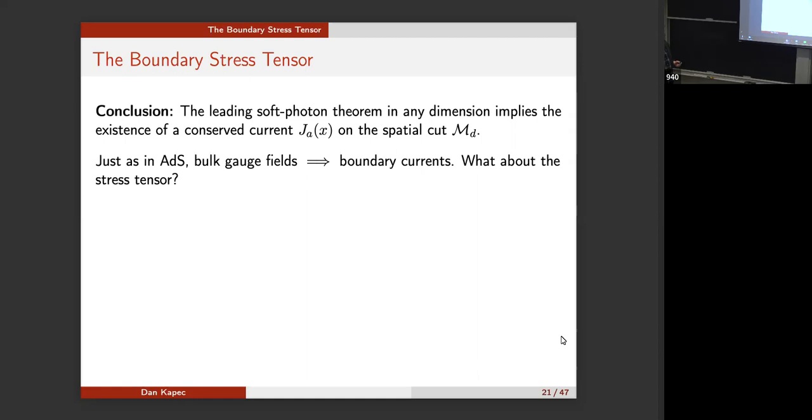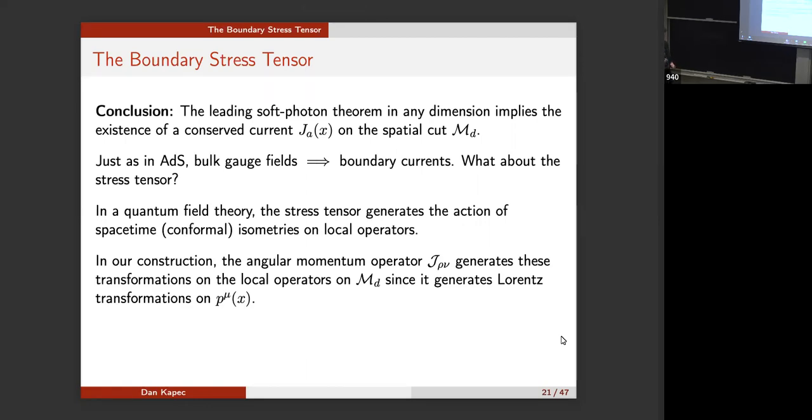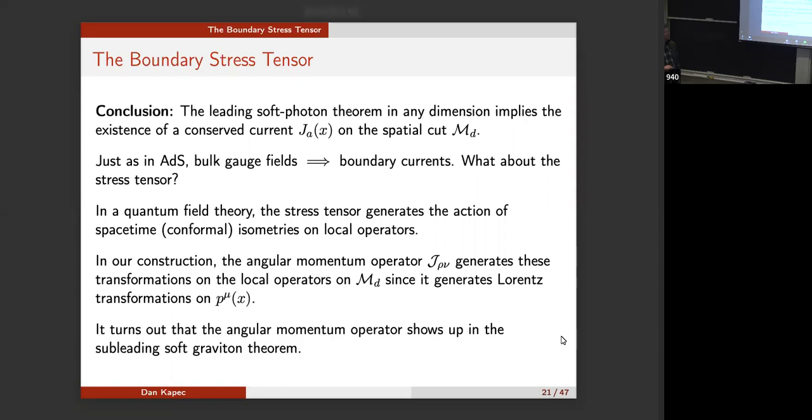Does it work similarly? Well, in quantum field theory, the job of the stress tensor is to generate space-time isometries or conformal isometries on the operators in the system. And in our construction, the Lorentz group generators are the things which generate conformal transformations on these operators, right? And it turns out that the Lorentz group generators show up in a universal statement about graviton scattering amplitudes in asymptotically flat